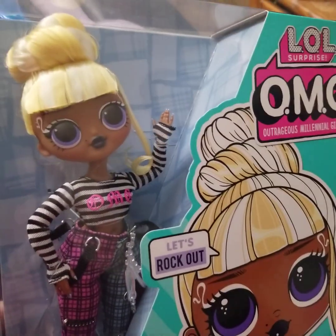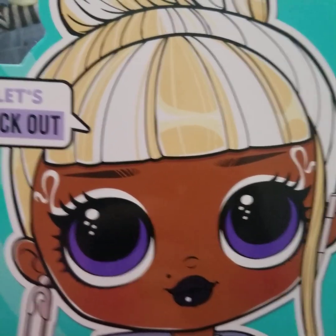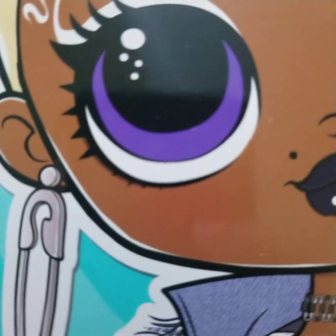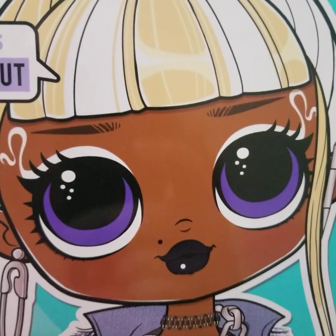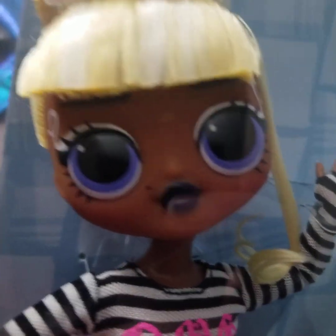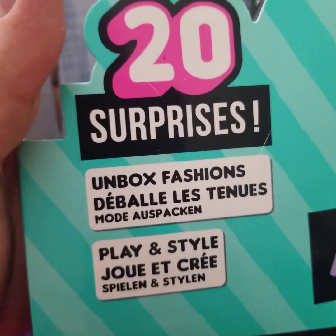Oh wait, I do have to go over the box. See, this is the kind of artwork that I would like. That's what I would like the eyes to actually look like. You can see there's a lot more little dots in there. There's even teeny tiny lashes down there. The iris has been outlined. Yeah, the box art has a lot more detail going on versus the actual doll, which is just an iris, a pupil, and a white dot. So yeah, that is my only gripe about that. So, but yeah, 20 plus surprises,